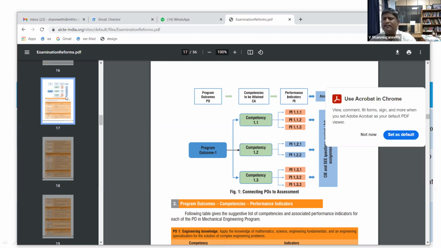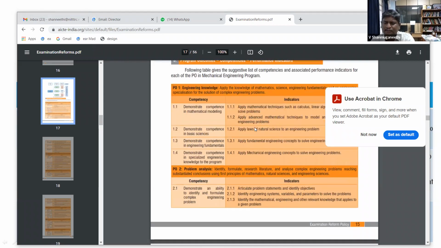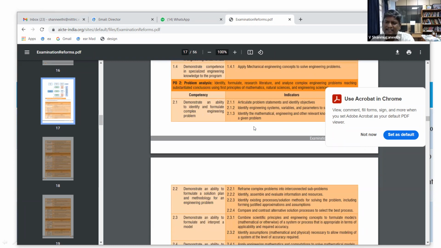Okay. Now, whenever you are going to set the question paper for your test or whatever it may be, you must be in a position to ask the question from the indicators. You have to prepare the question from the indicators, so you can understand which outcome is achieved and at which level. We have to check learning outcome achievement. That relationship they brought in. But actually, competency is not the appropriate word when we talk about higher level learning. However, whether they have the skill or not, that is what they have established.